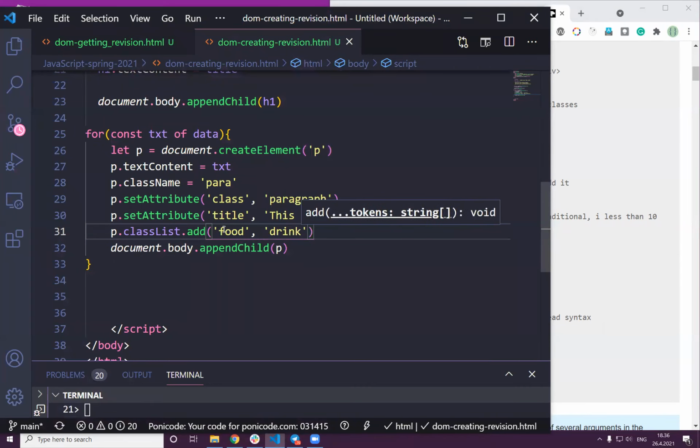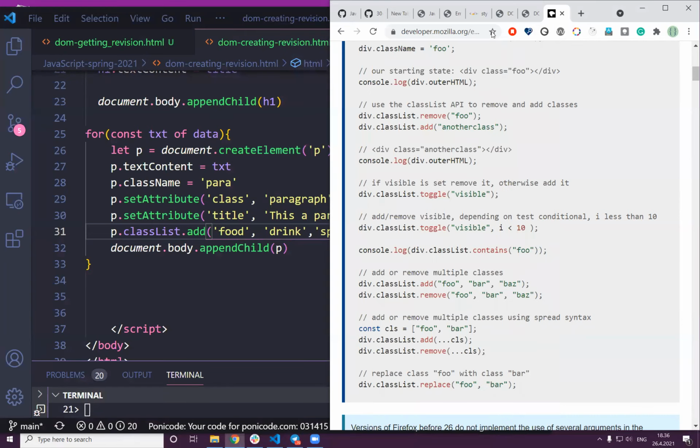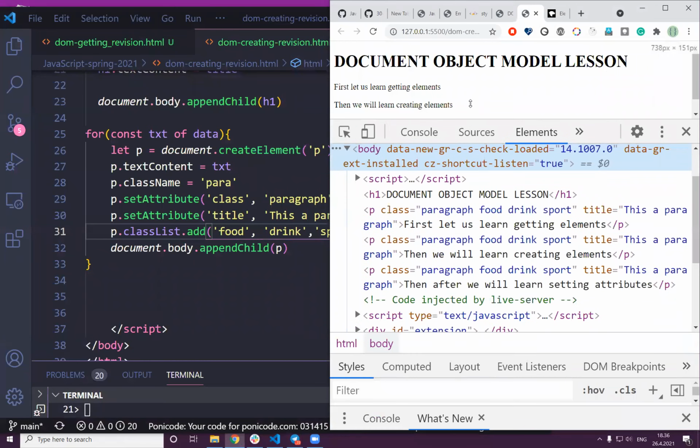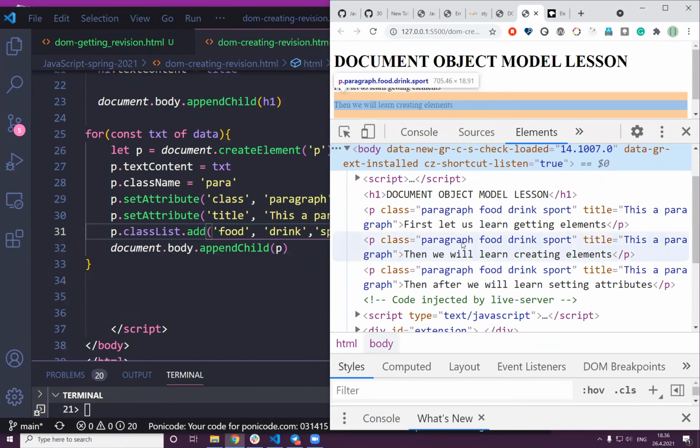drink and whatever, sport. So maybe you want your element to have multiple classes sometimes, right? So in that case, you may need this. Let's see if we have that. Yeah, paragraph, the first one we made, food, drink, sport. As you can see now,